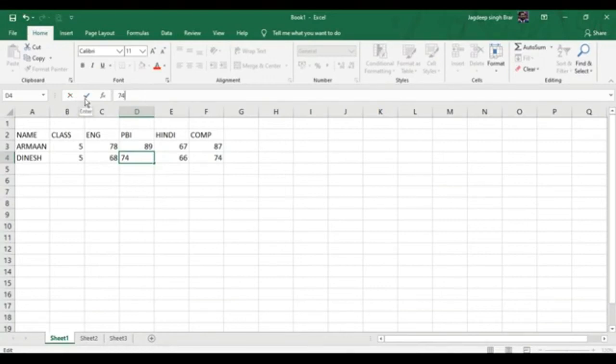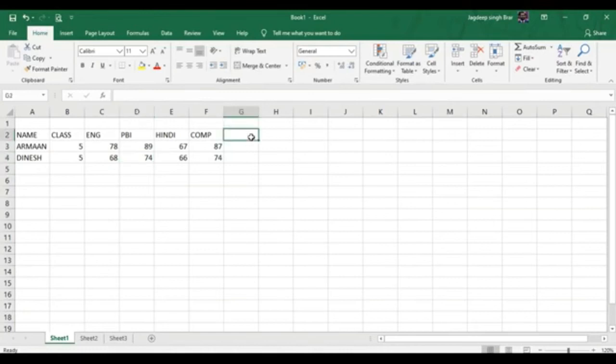The second button is the enter button. By clicking on this, it will enter the new value into the cell. And the third one is fx, called the insert function button. It is used to insert a function in your Excel sheet. The use of this button will be discussed in the higher classes.